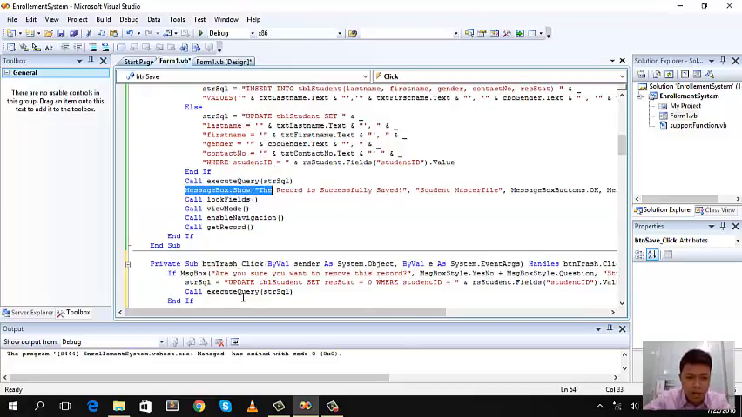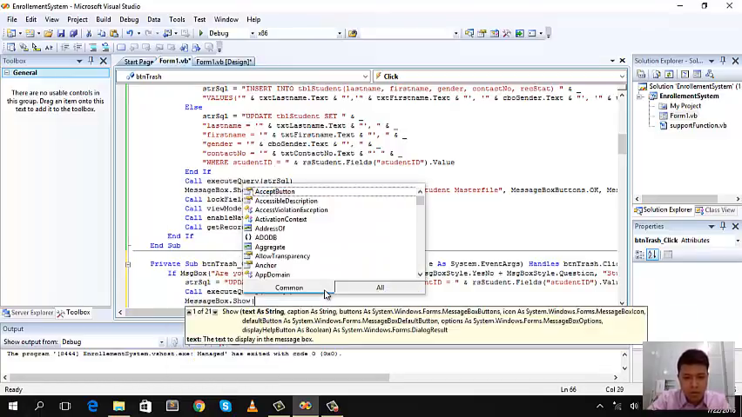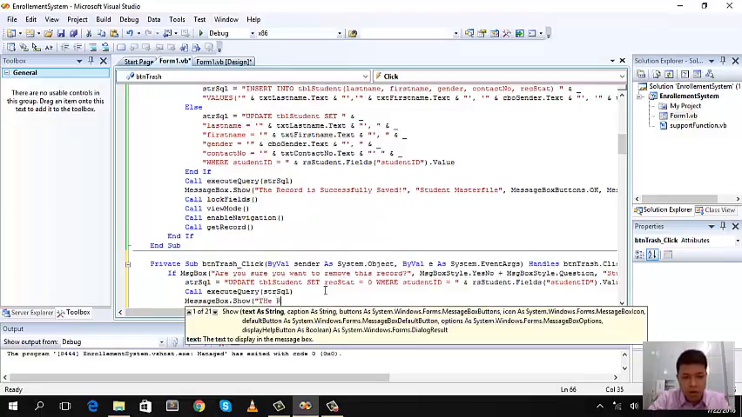Wala tayong kailangang ilabas na record. Hindi. Sige, gawin na lang natin para makita ninyo. Message box that shows the record is